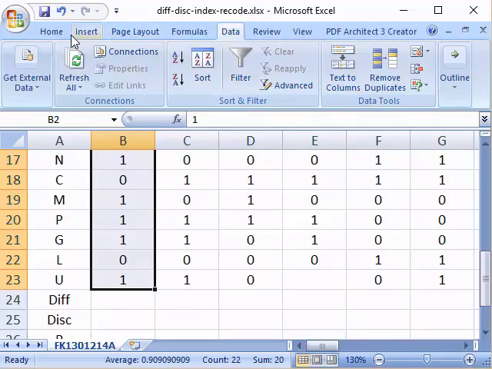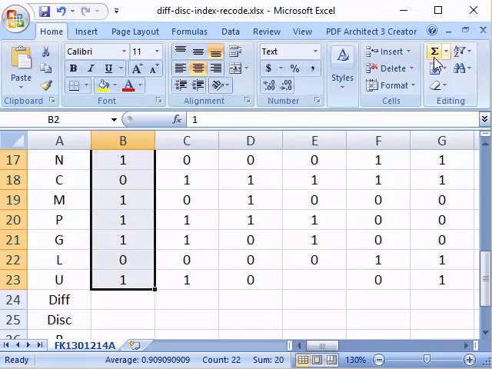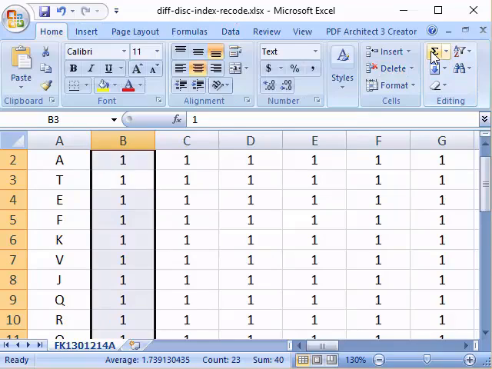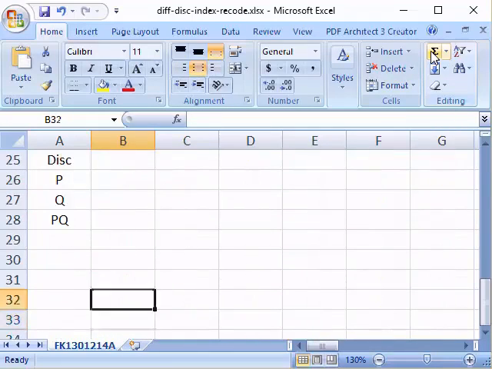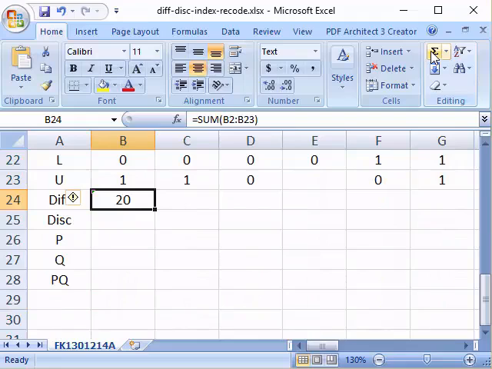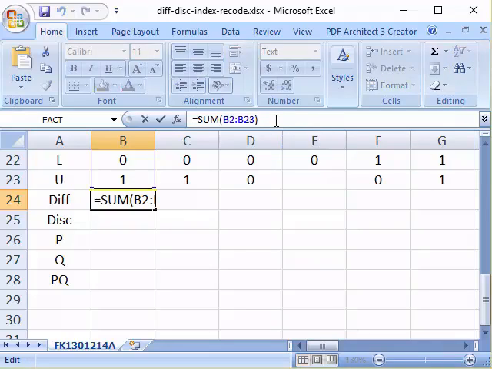We're going to sum it up. Again, we're going to use the auto sum command. So you can see here down there we have the auto sum. There are 22 students in total. 20 of them answered the question correctly. So we're going to put sum B2 till B23, divided by 22. Why 22? That is the number of students, then times 100. Why times 100? Because the difficulty index is based on percentage of correct answers.